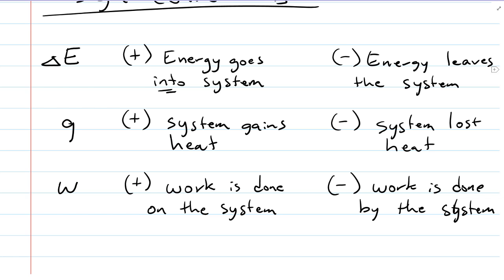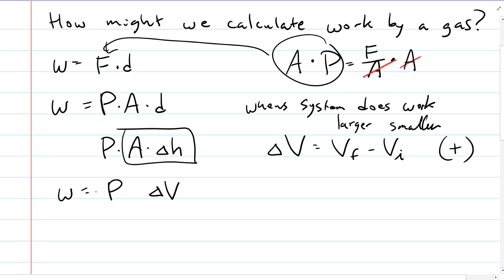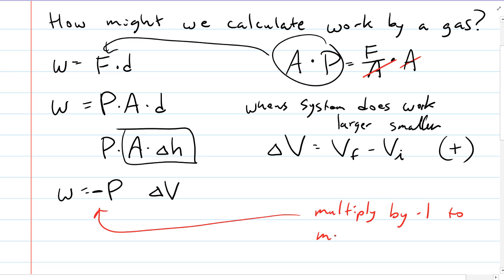So I'm going to throw in a negative sign here, and that negative sign is to maintain the sign convention. We multiply by a -1 to maintain the sign convention